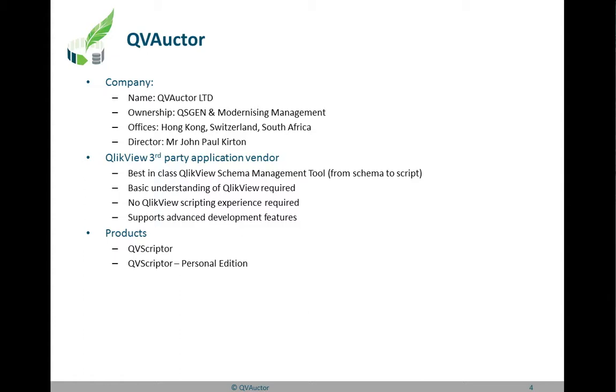The products that we have are the ClickView Scripter, which is the licensed version, and then we have the ClickView Scripter personal edition, which generally goes together with the ClickView Personal Edition for the same type of user.